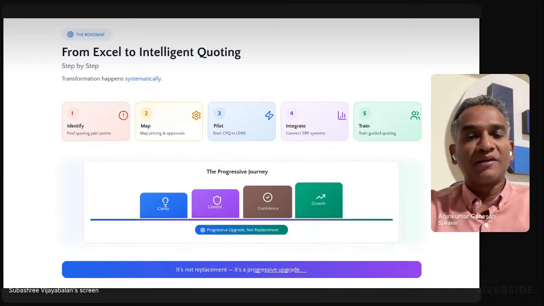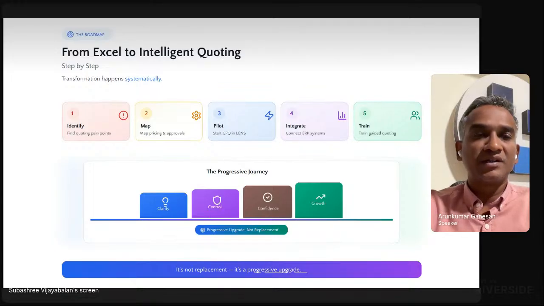If the pilot goes really well and the team is able to adapt, then we roll out to multiple product lines.